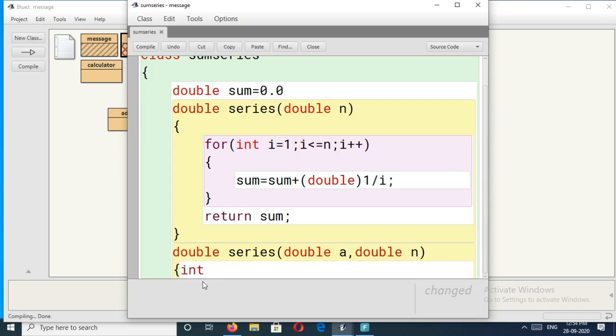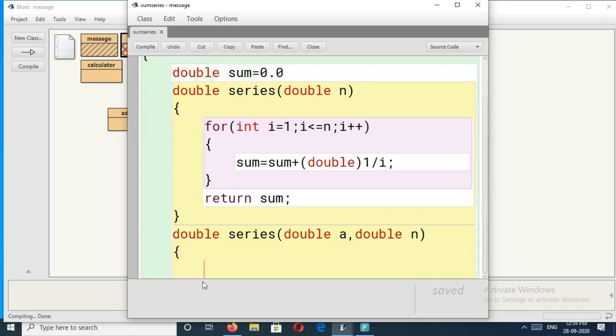Int b equal to, what's the first value of the numerator? 1. We can give 1. Then one more variable we need to initialize the power of the denominator. What's the initial value of that power? A raised to 2 is there.